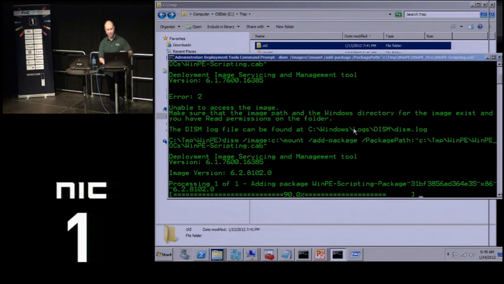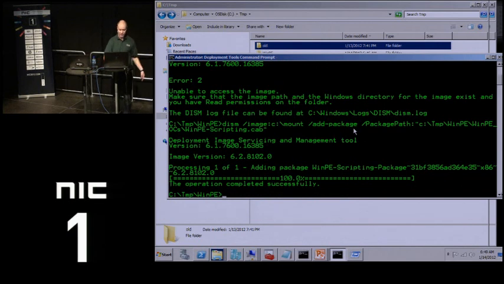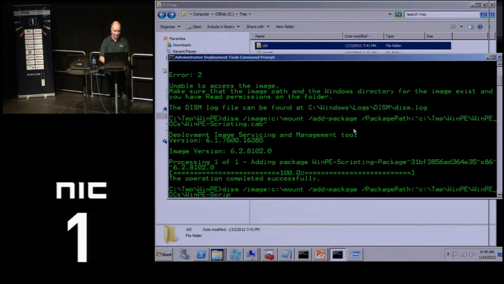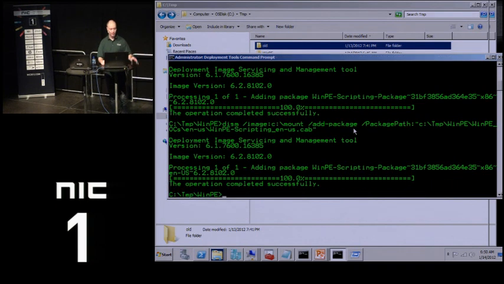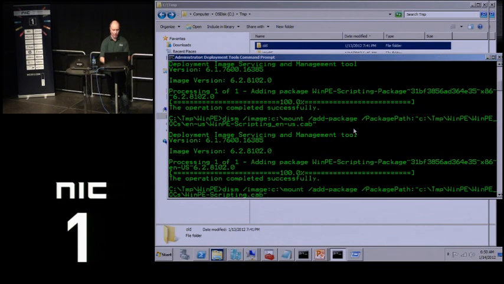And the thing about packages, they always come in pairs. So I need a package and I need the language part of that package. So that's the core pack. And then I need the language part, which is in the language folder. And then it's named similar. Not the same, but similar. So now I'm adding the language part to it. So that was the scripting package. Let's go ahead and add